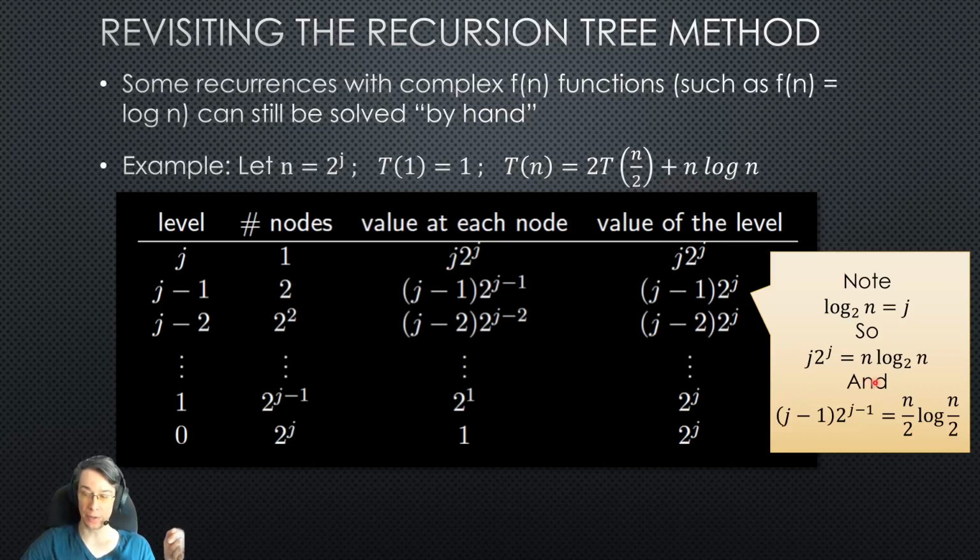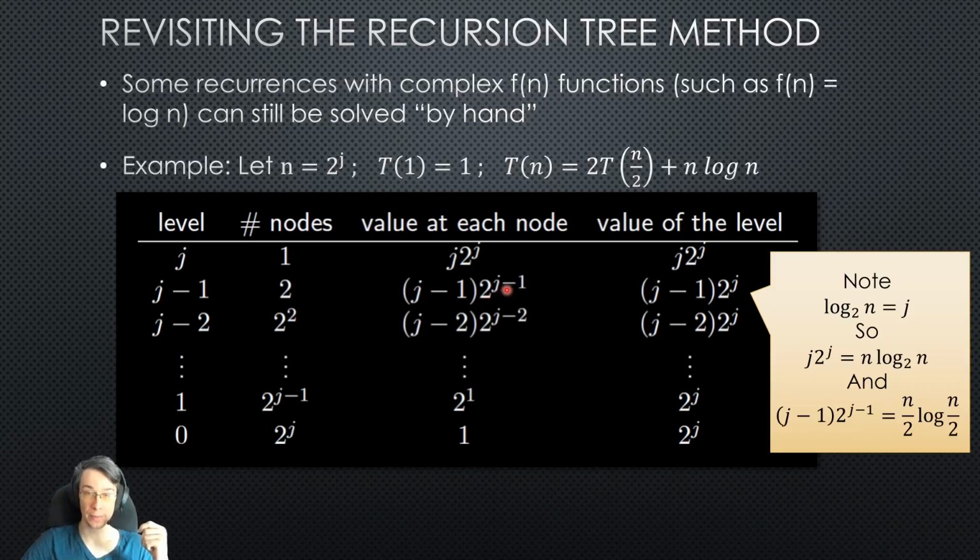So j times 2 to the j is n log n. That's how you should see this. And j minus 1, well, what's j minus 1? That's log n minus 1, which is actually log n over 2 if you do the algebra. Log n all minus 1 is log n over 2. So this is log n over 2. This is log n over 4. And this is